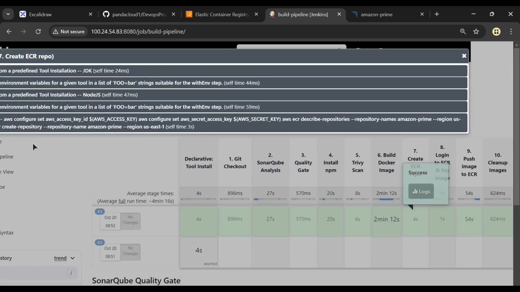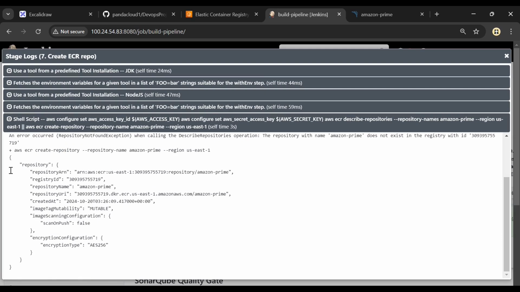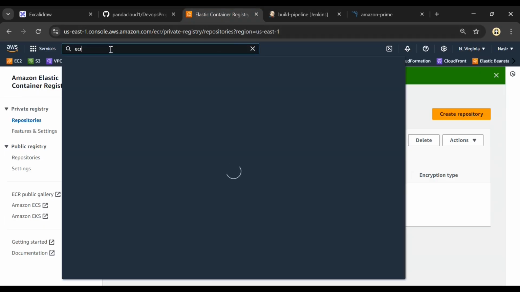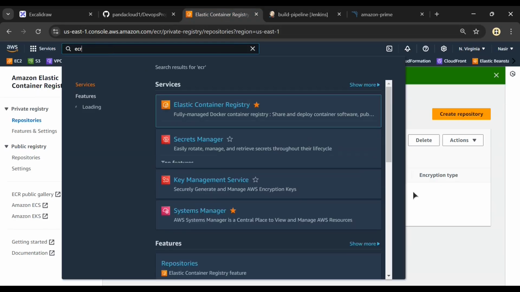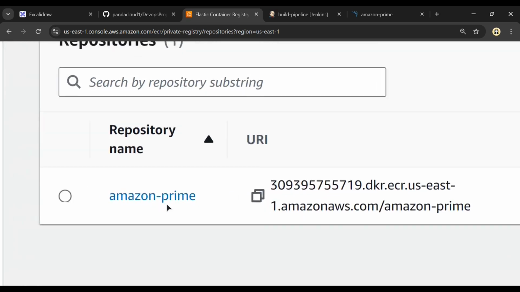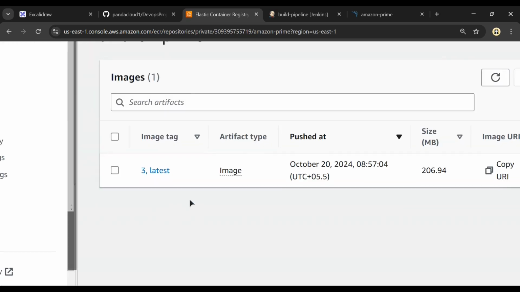Creating an ECR repo. So let's see. It has logged into my AWS, and it has created a repository, an ECR repository. So this is the code it had used. Let's go and check. Search for ECR. We are already inside ECR only. Just click on refresh, and you can see the Amazon Prime repository has been created, and within this repository,